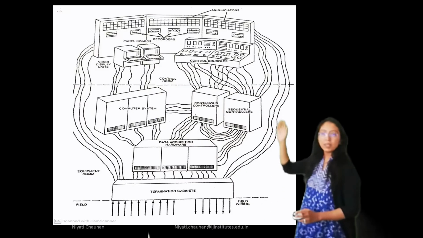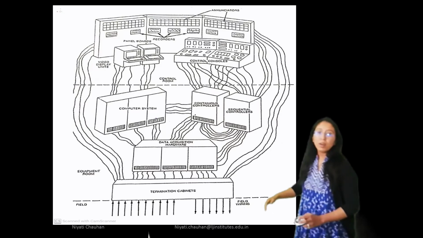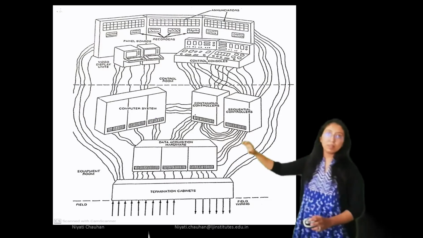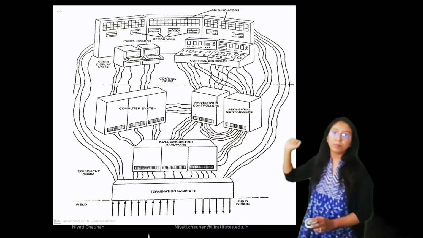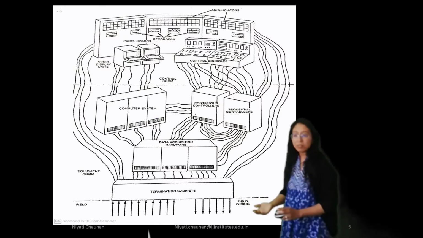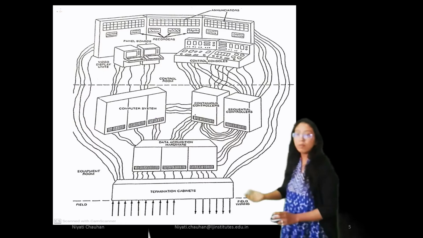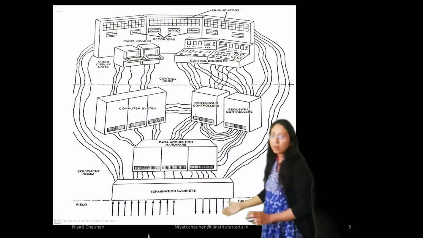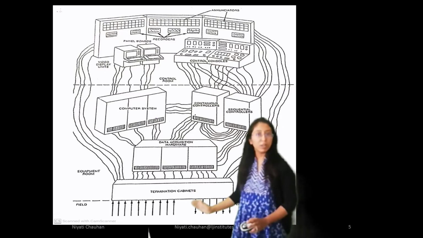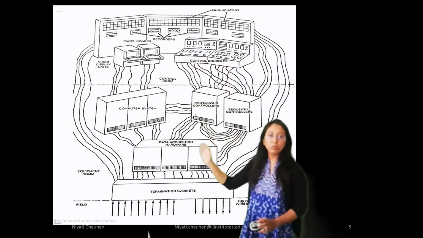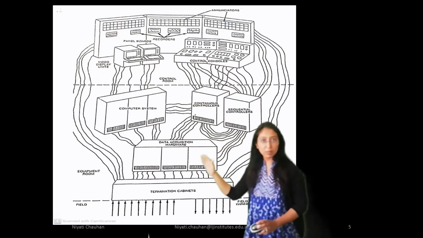Now you can see the arrangement of field devices connected with the equipment room, and equipment devices connected with the control room. You can see we use sensors, transmitters, and transducers. All wiring can be completed in the field. These wires go to the termination cabinet. From the termination cabinet, wires go to the data acquisition system.